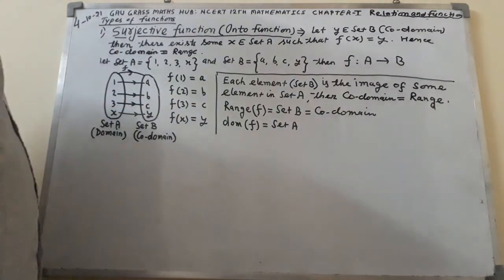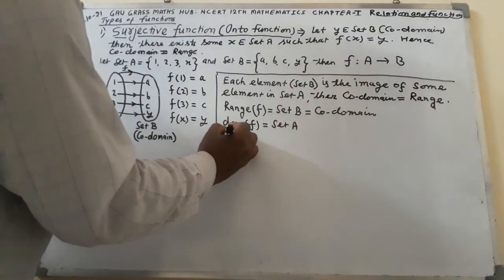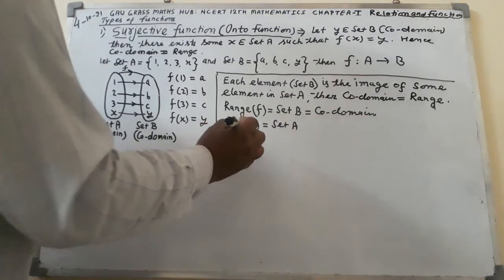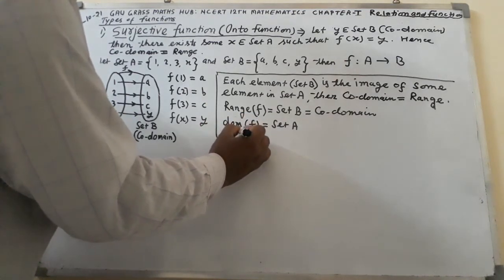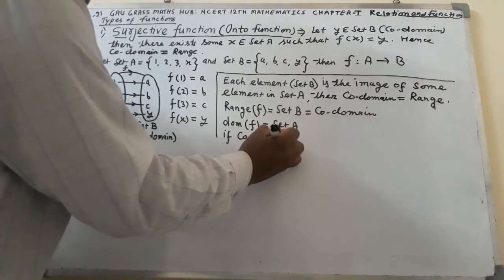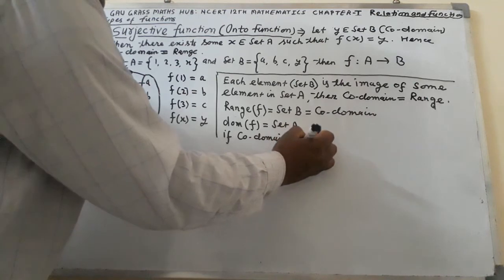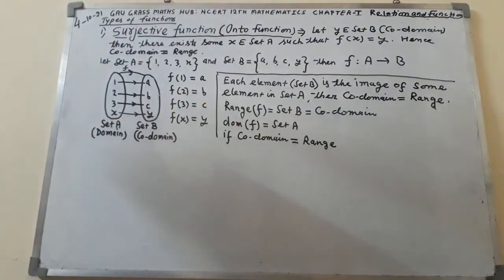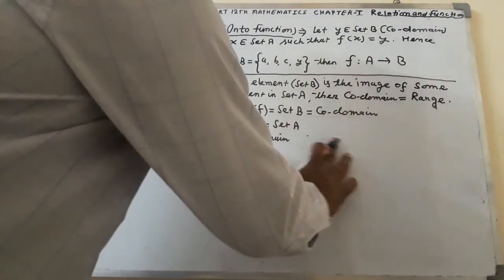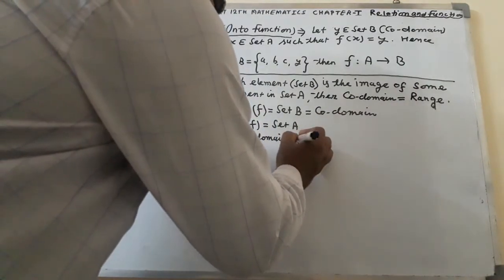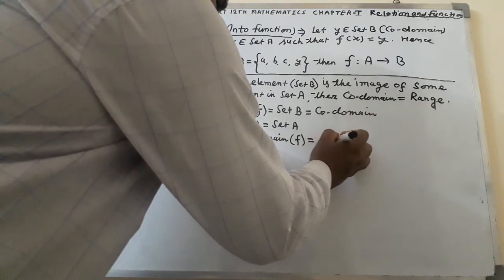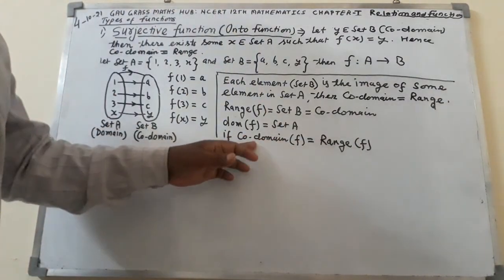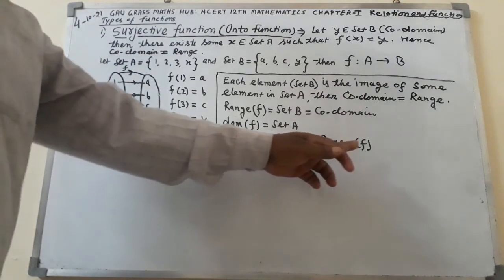If the range is equal to the codomain, that is, the codomain of f equals the range of f,